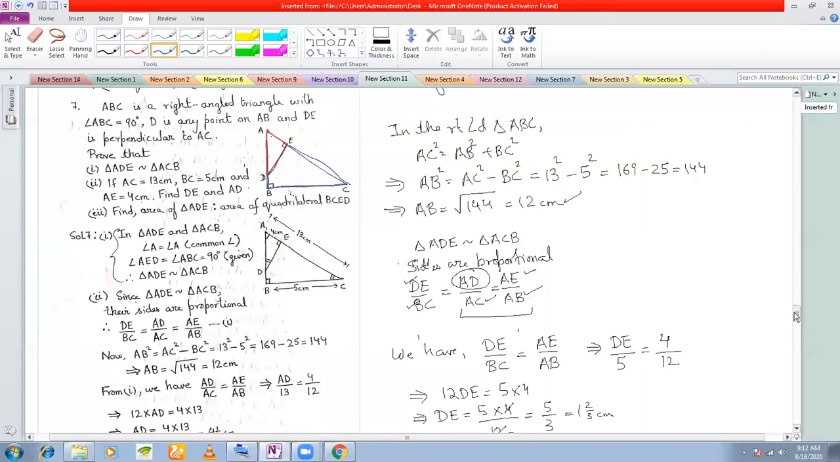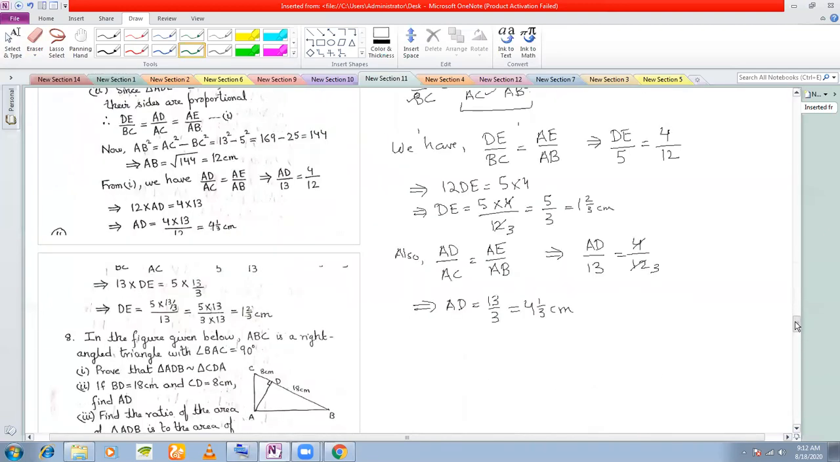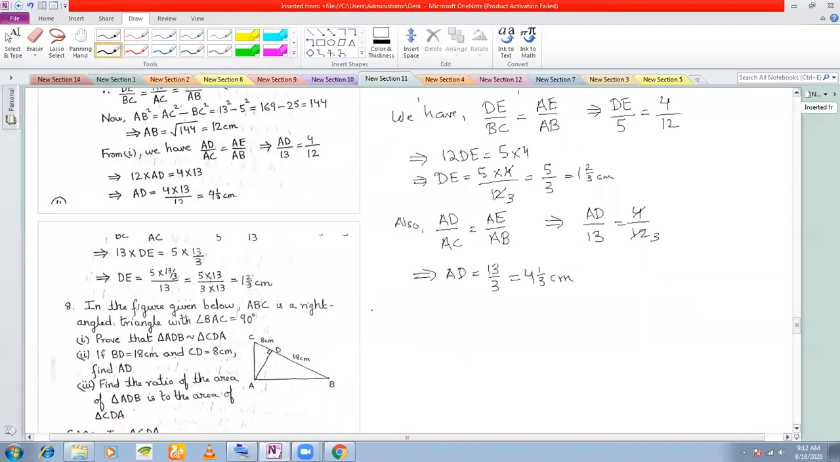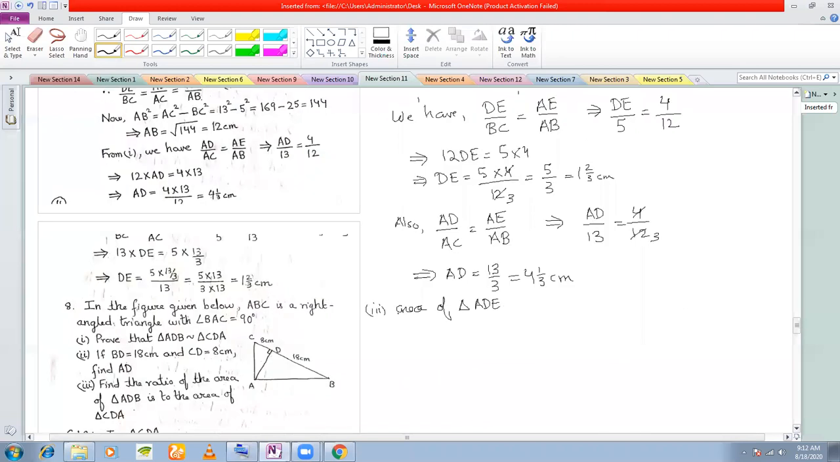Once you have shown the similarity of the two triangles, you know the ratio of the areas of which two triangles. You know the ratio of the area of this triangle to the area of this triangle. So that is what we are going to write here first. Area of triangle ADE, the red triangle here, divided by area of triangle ABC